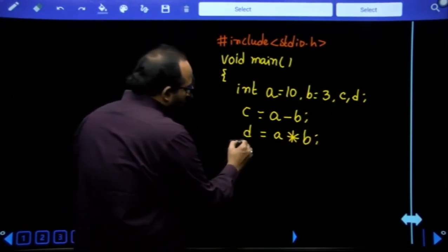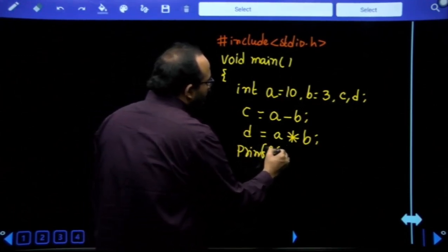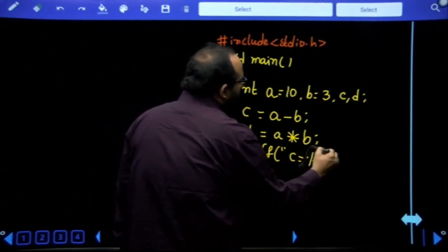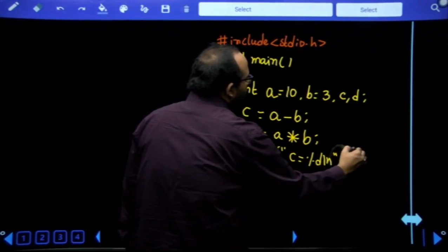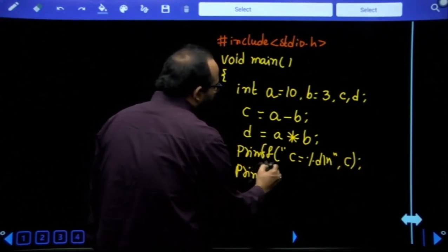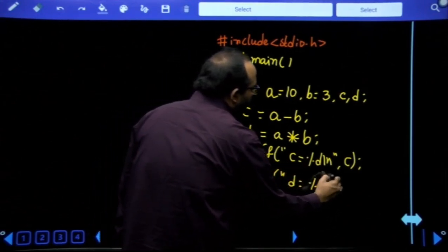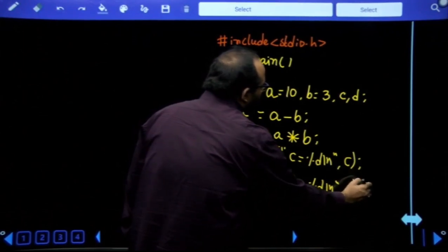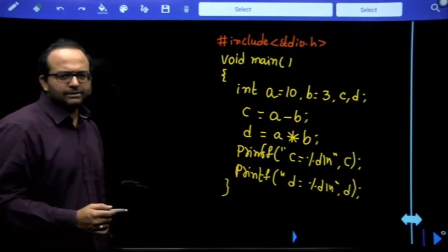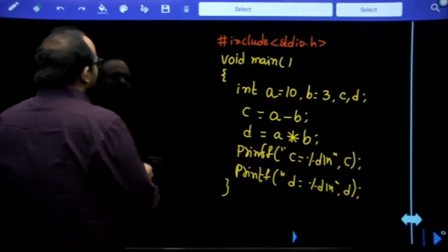So finally we can print these results like printf c is equal to percentage d slash n, c value. Similarly, we can print d value as well. Printf d is equal to percentage d slash n, d value. Just like this. So what happens exactly while working with this code is that,